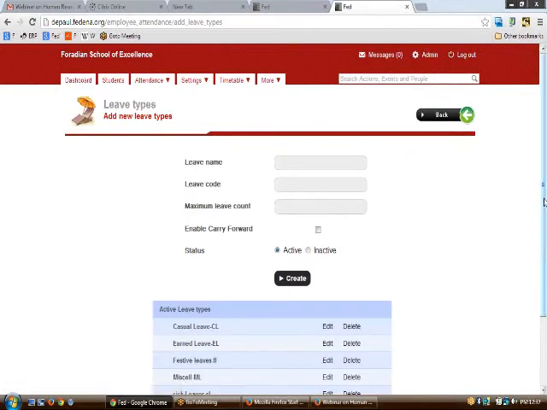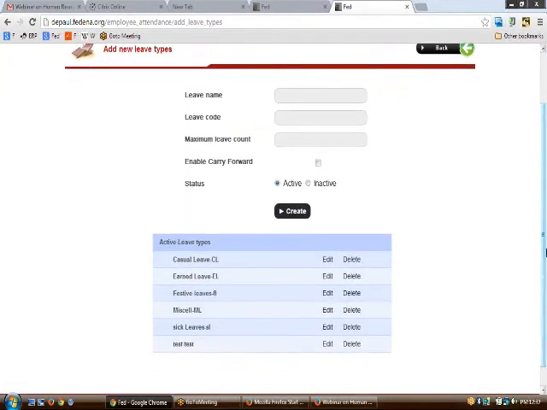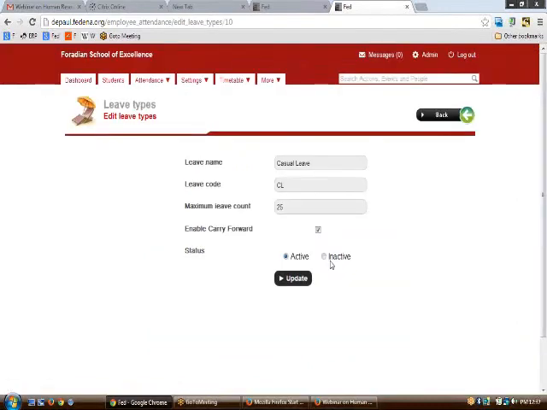On add leave types, you can see what all leave types can be added to this particular institution. Supposing your institution has something like casual leave, which can have a leave code of CL, then the maximum leave count and enable carry forward are to be entered. Maximum leave count is the number of leaves allotted for casual leave.